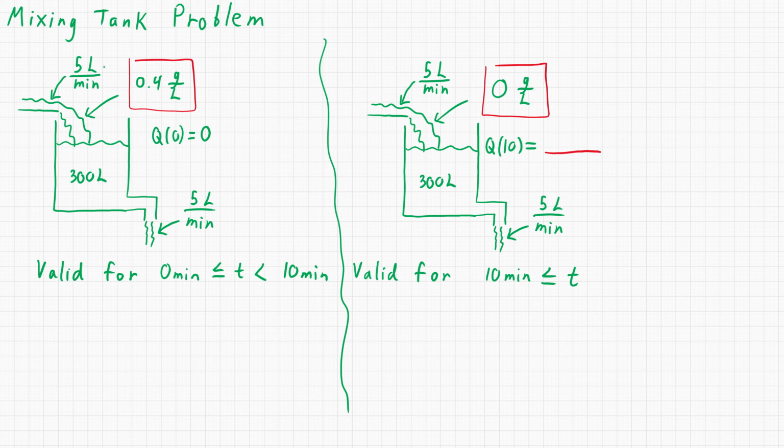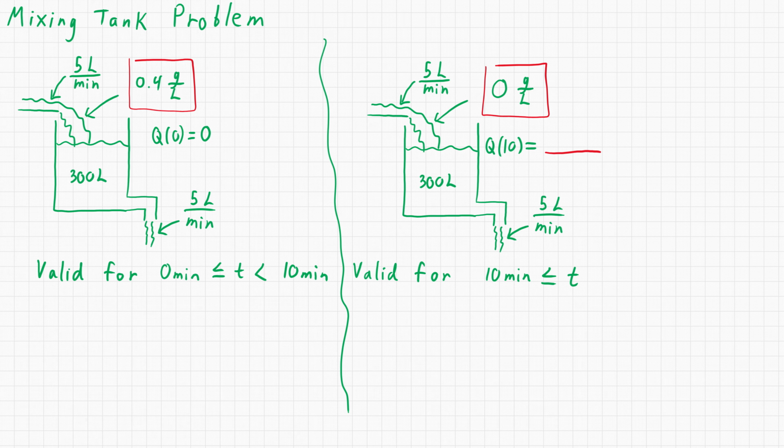Yet another variation on a mixing tank problem. So this one is a little bit different. We have 5 liters flowing in, 300 liters in the tank, and 5 liters flowing out. We have a concentration flowing in, fresh water to start with, but it says it's only valid for 0 to 10 minutes for t. So the reason it's only valid there is because at 10 minutes after you start the